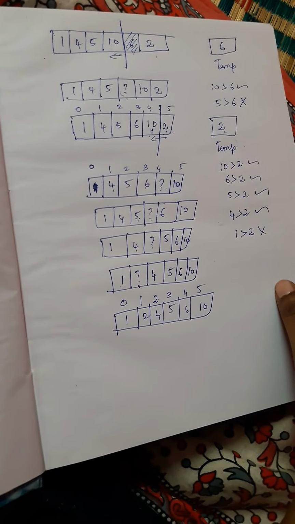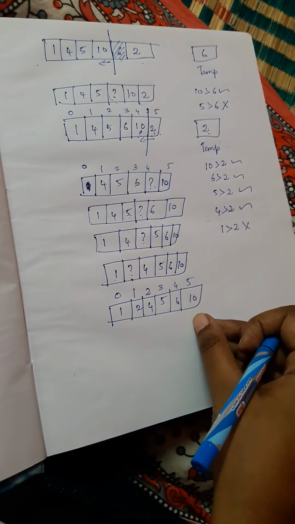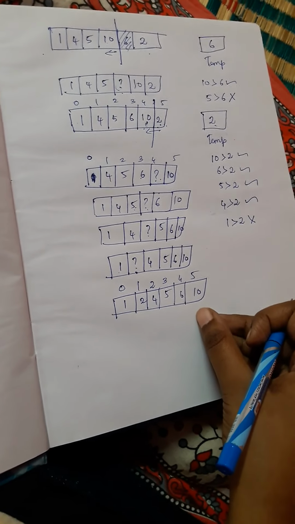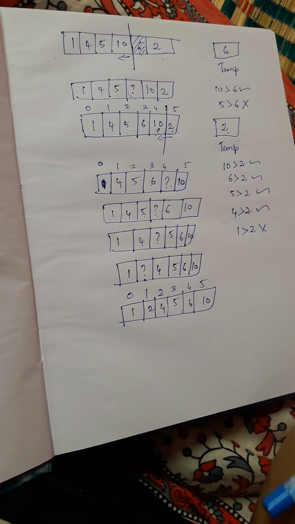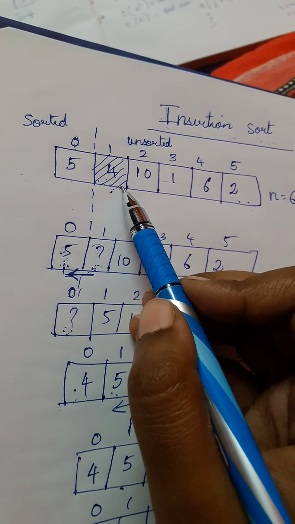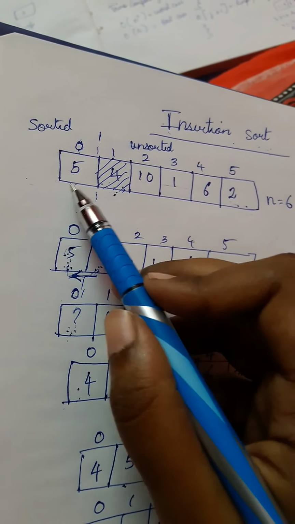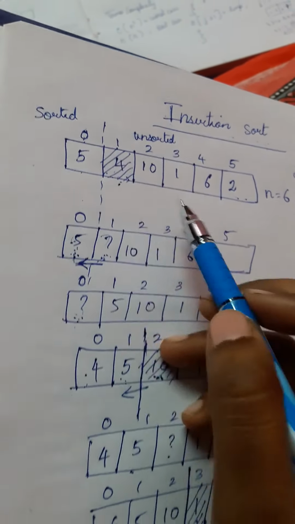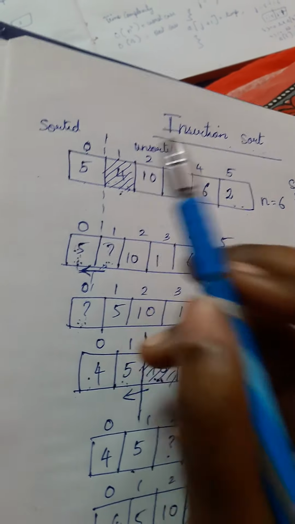Okay, this we will call insertion sort. We are done with this algorithm using insertion sort and it is in ascending order. So we are going to state the definition of this. We have just taken one value from the unsorted list and inserted it into the sorted list. So we take this value and insert it into the sorted list one by one, checking this condition, and we are inserting it into a suitable position. Where it is free, we arrange it into sorted order. So that is the meaning.